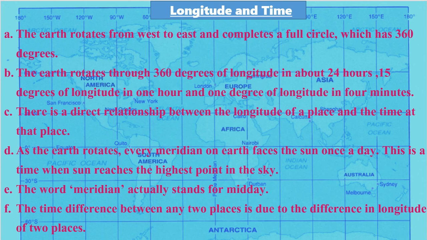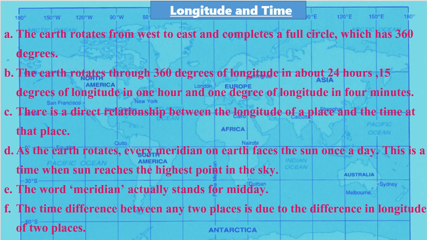Every day we notice the sun rises in the east and moves across the sky from east to west. Okay, is the sun moving? No, the planet is rotating, and that is why we feel that the sun is rising from the east and setting in the west. The apparent movement of the sun across the sky is due to the rotation of the earth on its axis from west to east.